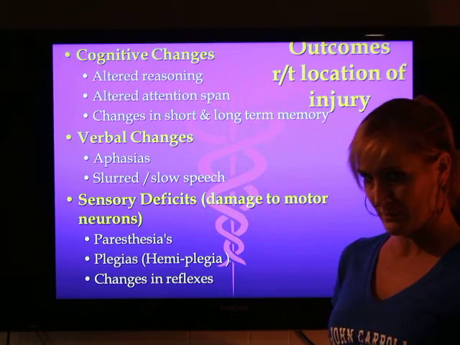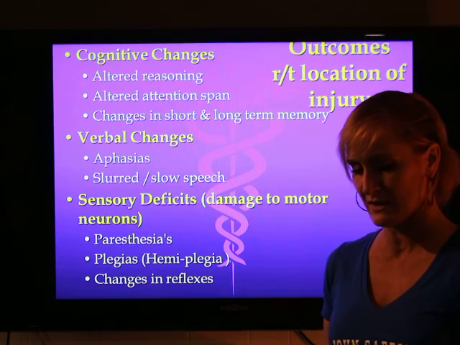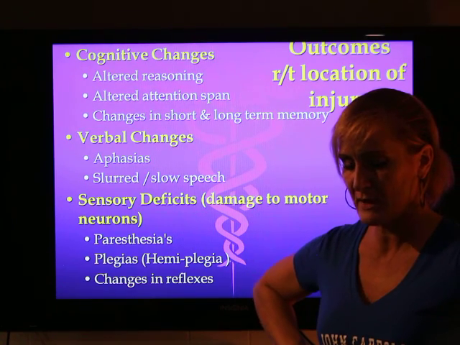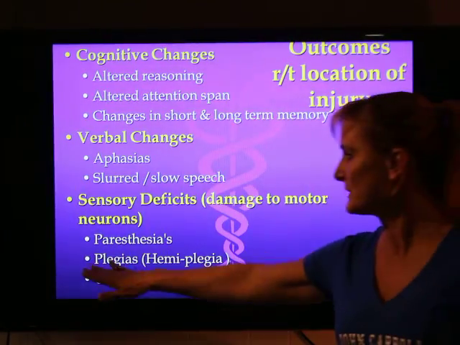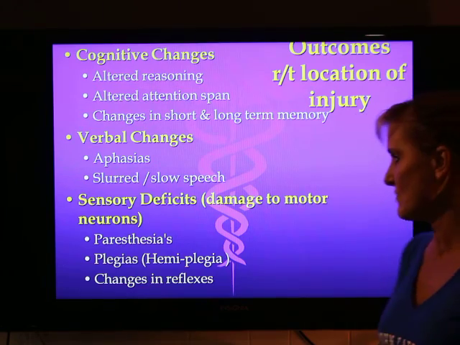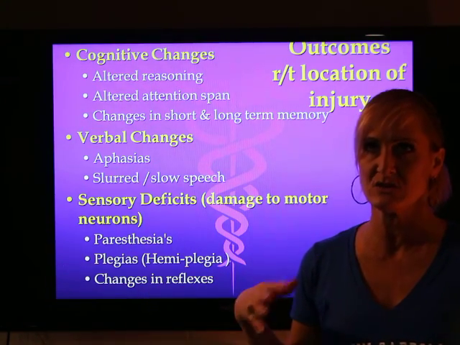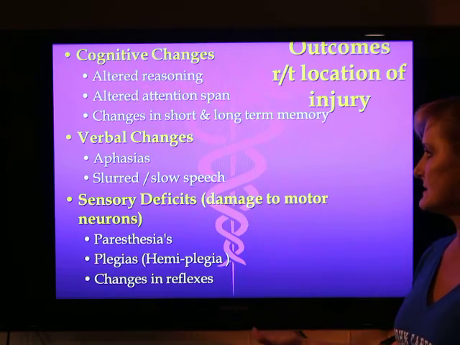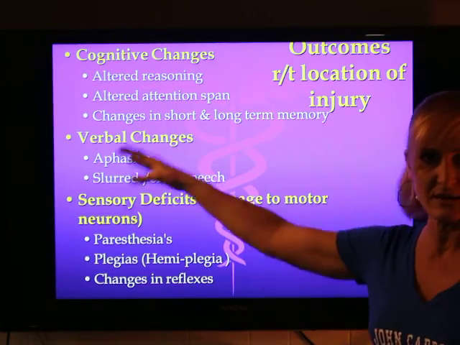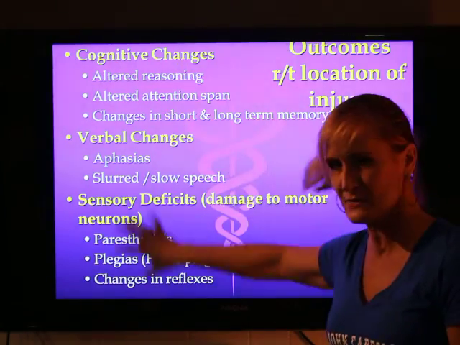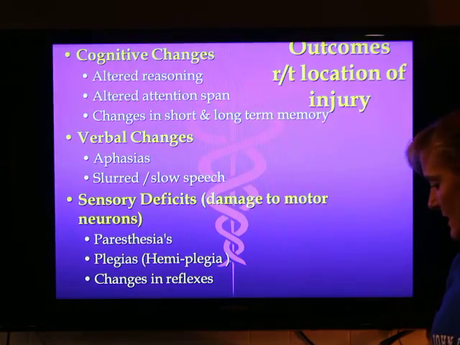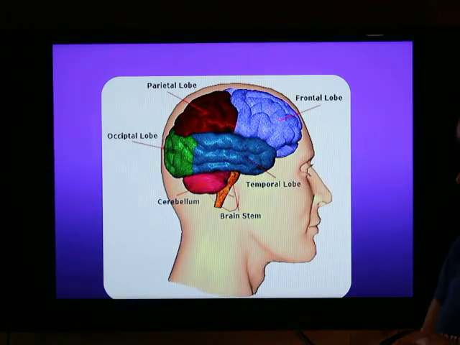Whereas a paraplegic, and we're going to talk about this when we do spinal cord injuries, means your patient can't move from the waist down. That's paraplegic. So the plegias mean inability to move. And then changes in reflexes. This is also really common in your patients who have had stroke. That is also under a sensory deficit. So these are kind of your major categories that occur in your patients who have had